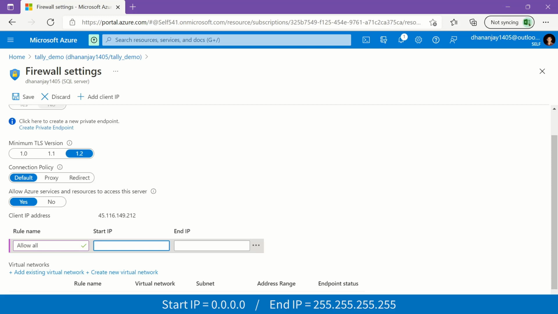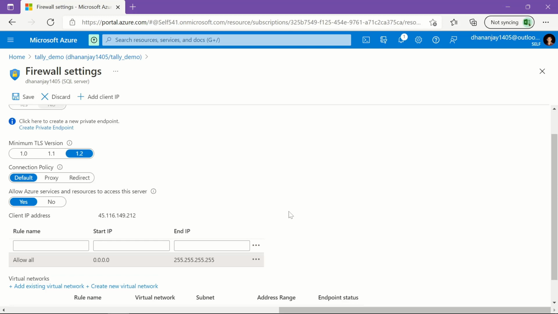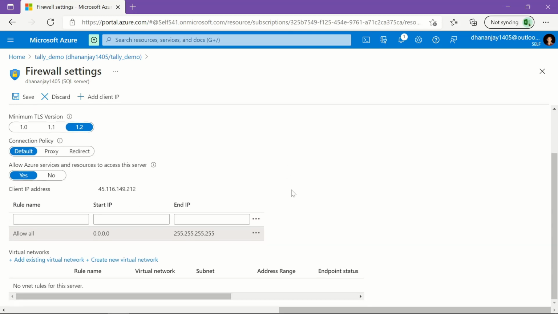So start IP range and end 255 dot, so that we can connect to our Azure SQL server from any PC. And let us click and apply this rule.